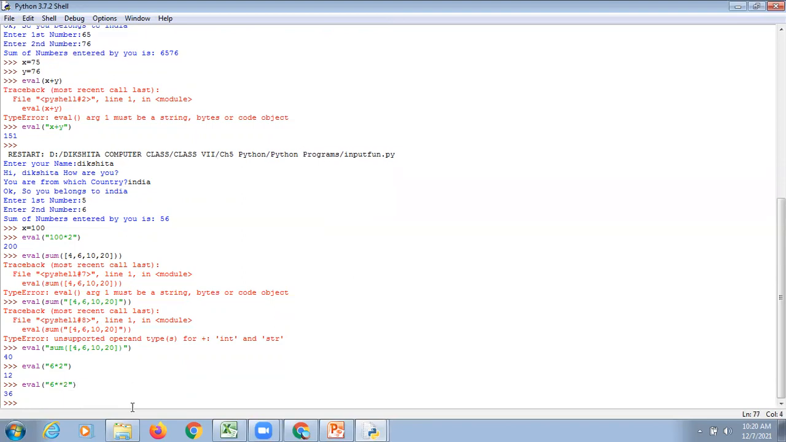6 6s are 36. So the answer is 36 now. Clear? Similarly, let's say you wanted to calculate 5 multiply 5 multiply 5, three times you wanted to multiply 5. So I will write eval